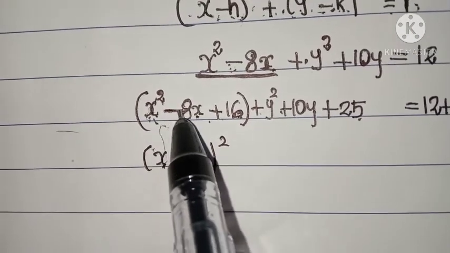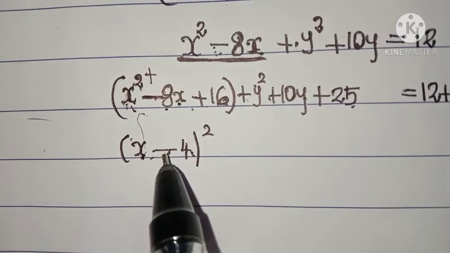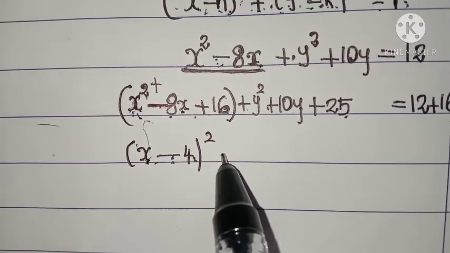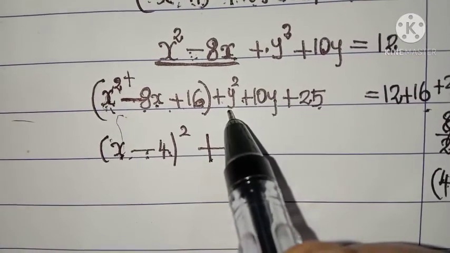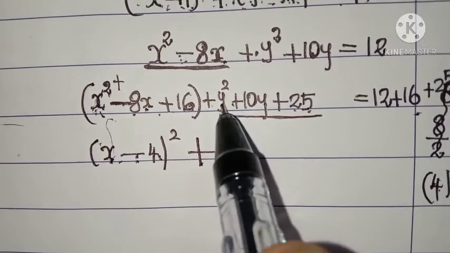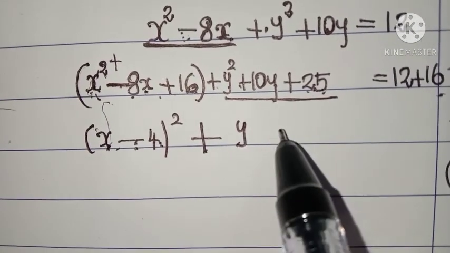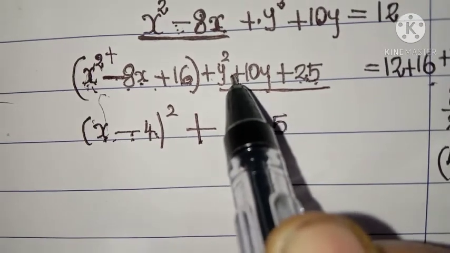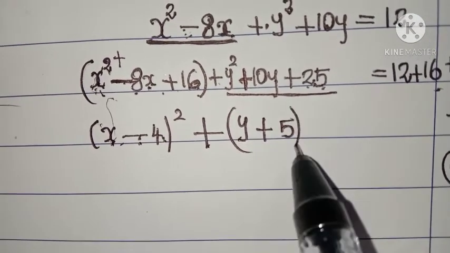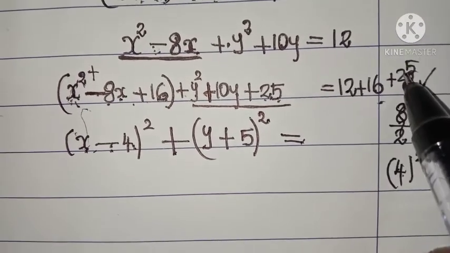Listen, if it is minus, then put minus here. If it is plus, you put plus here. And write the whole square form. Similarly, these three terms y square plus 10y plus 25. Square root of y square is y. Square root of 25 is 5. And here the sign is plus. So put plus here. So y plus 5 the whole square is equal to,